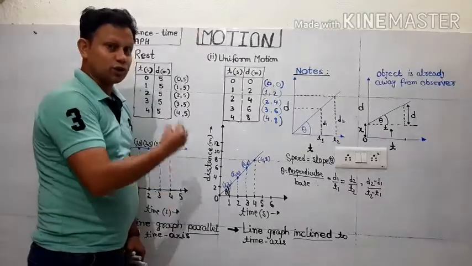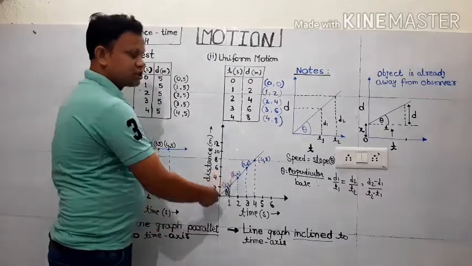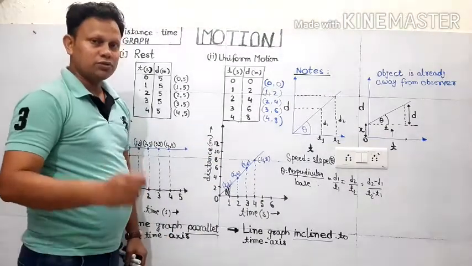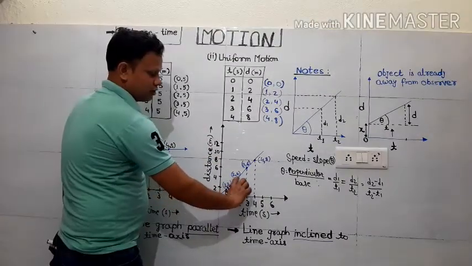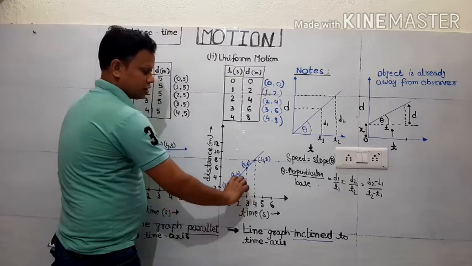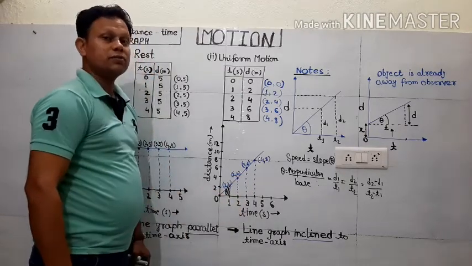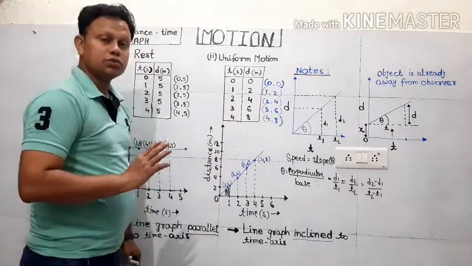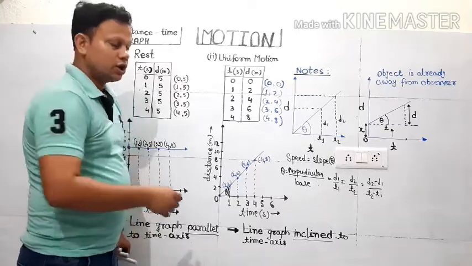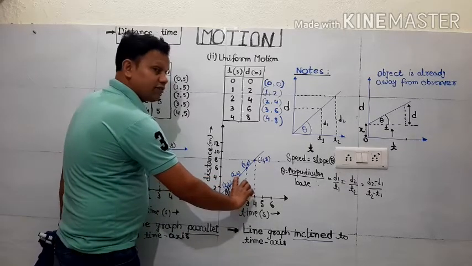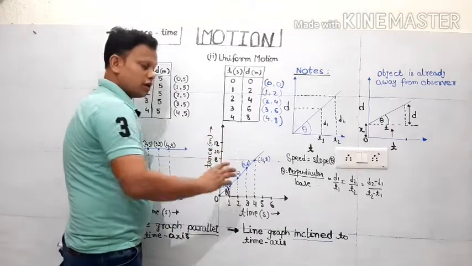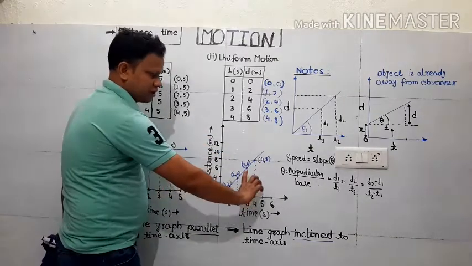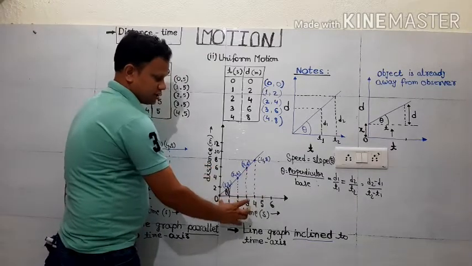Now let's have a calculation also. Suppose I want to know the speed of this object in its motion. How will I do it? Suppose I have this 4 meter and these 2 seconds. So 4 by 2, that means 2 meter per second. And since during the motion the speed is not going to change, it's not necessary that because I have taken 4 and 2, you also take the same. You can take any distance and the corresponding time. Suppose somebody is interested in this: 6 meter, then the time will be 3.